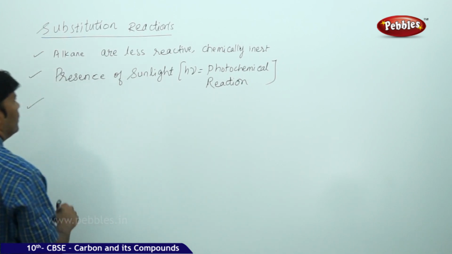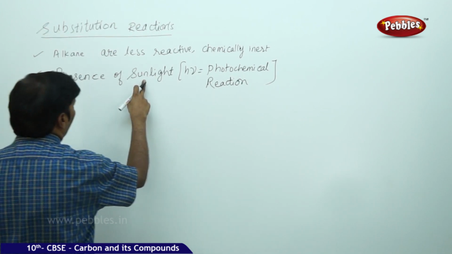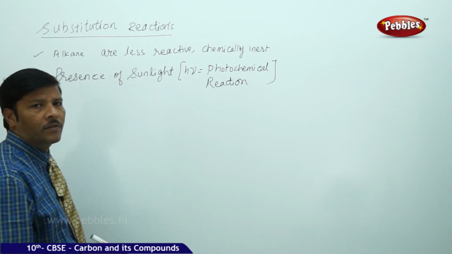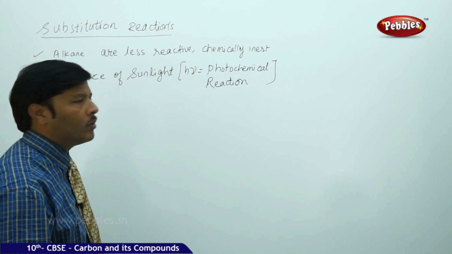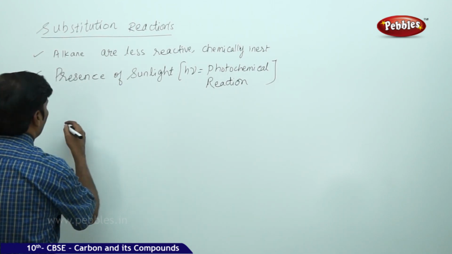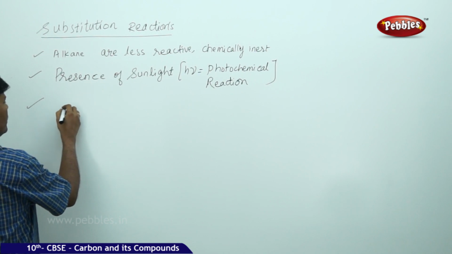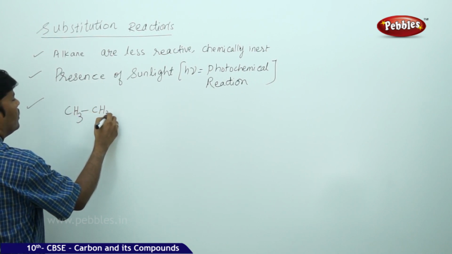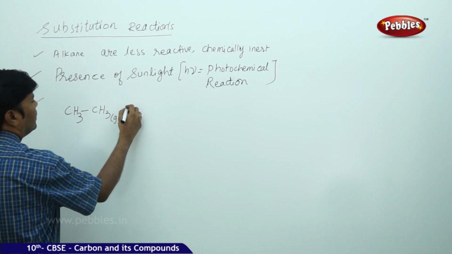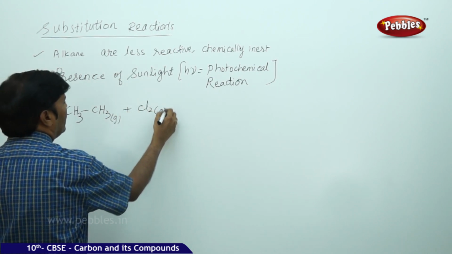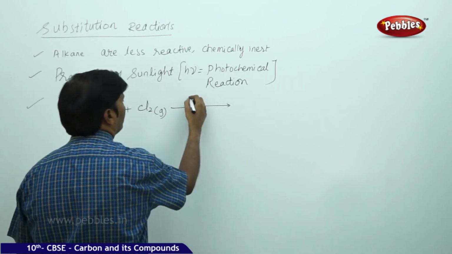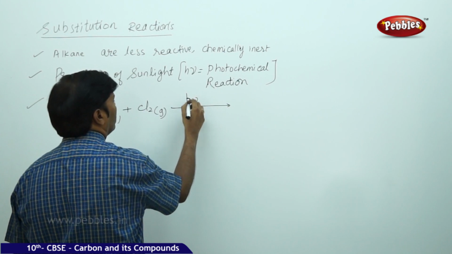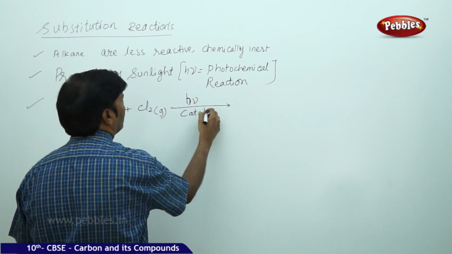The alkanes react in the presence of sunlight, though they are chemically inert and less reactive, with sunlight acting as a catalyst. Chlorine reacts with the alkanes. So suppose I am taking ethane, CH3-CH3 gas, plus chlorine gas in the presence of sunlight, H mu, acting as a catalyst,